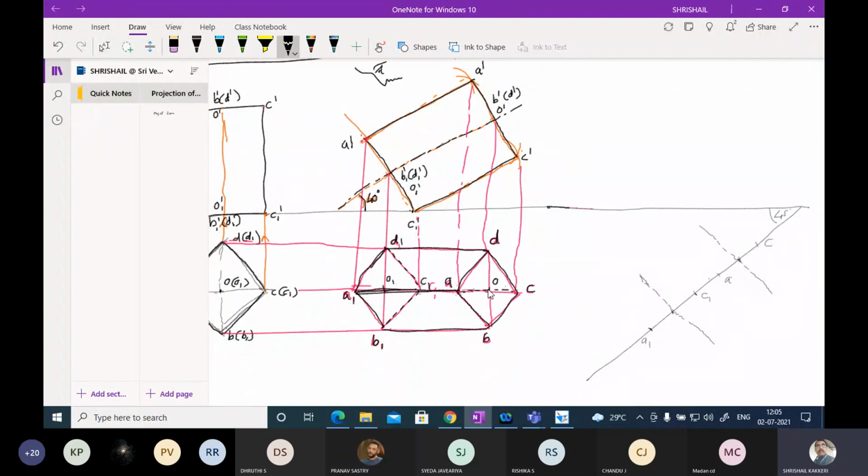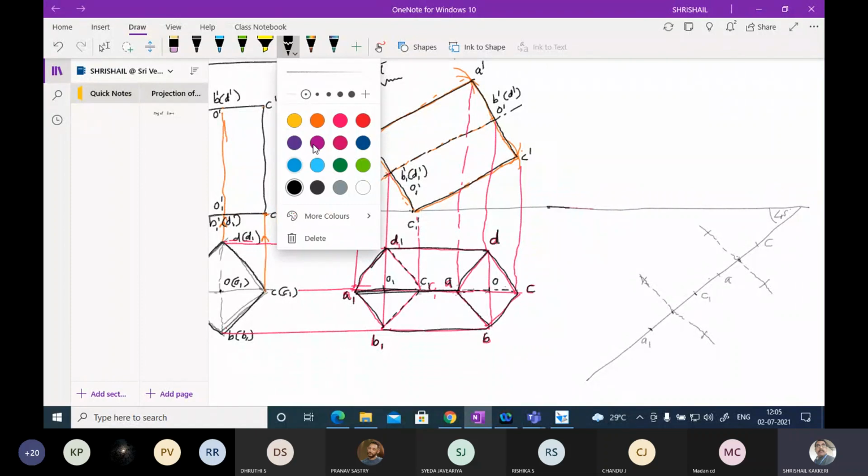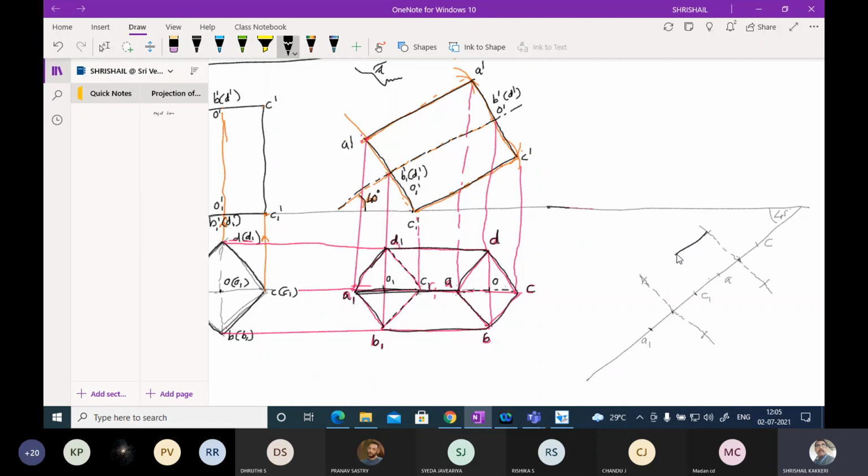Okay. After this, take this length, mark over here, and the same marking I am going to do. All these will be equal length. This length and this length, this length and this length, all these are equal. Then after this, you are going to draw it by a thick line. How? Join these two. And join this. This will be point C. And join this. This will be point A. And this will be point O.